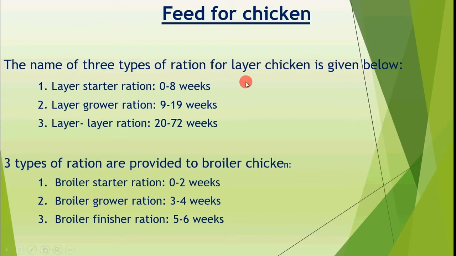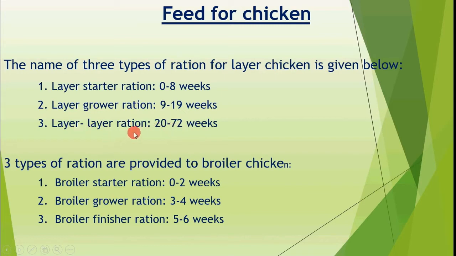Like I said, the purpose of poultry we rear is of two types: one is layer and the other one is broiler. Broiler means for meat producing, and layer means egg producing. So for the first 0 to 8 weeks they need starter ration, that is not too much ration. For 9 to 19 weeks they need grower ration, and for 20 to 72 weeks, that means the mature layer chicken, they